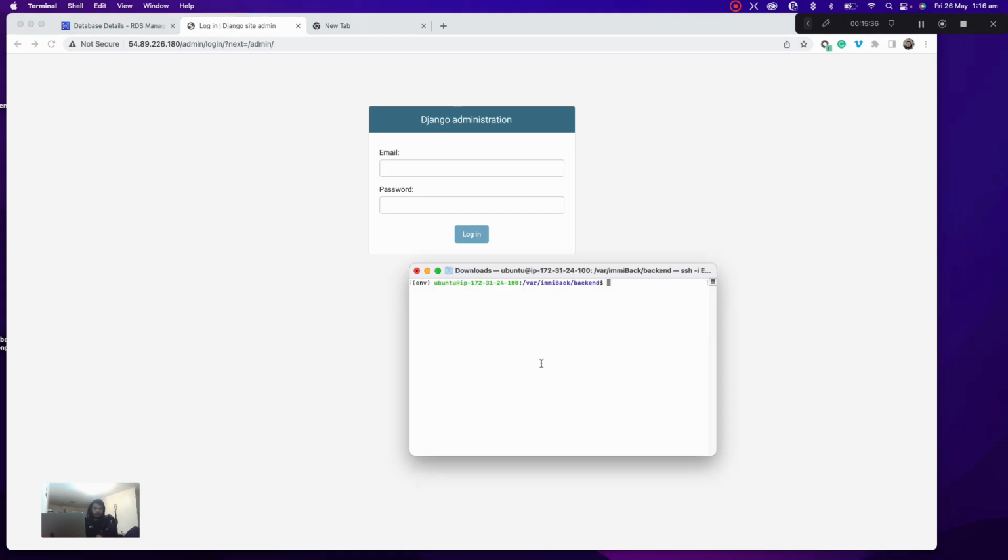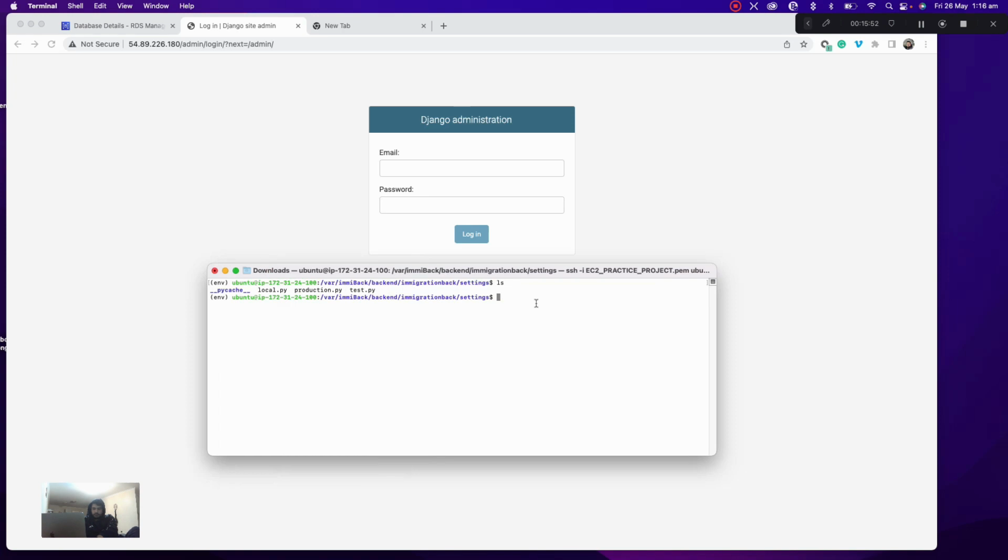Yep. So where is my settings.py located? Settings, and inside over here what I'll do is I will create a